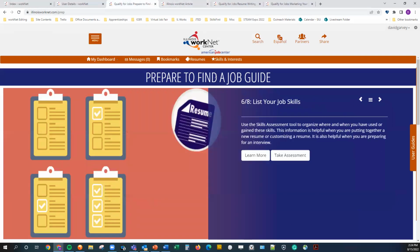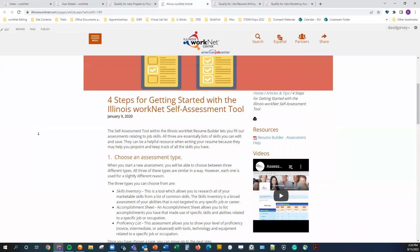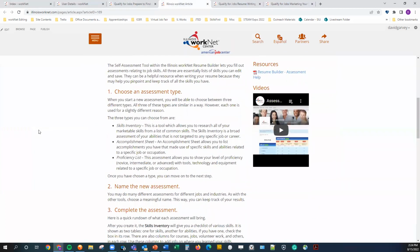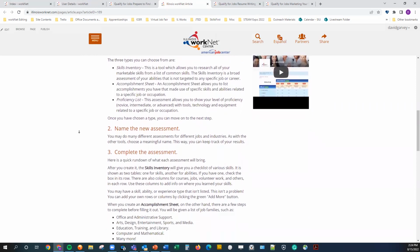The next item we have in the Prepare to Find a Job guide is list your job skills. And so when we open this, we can see that it directs us to an article within Illinois WorkNet. And this goes over the self-assessment tool within the Illinois WorkNet resume builder that allows you to test and evaluate yourself. You can choose the assessment type and name it, but when you complete the assessment,